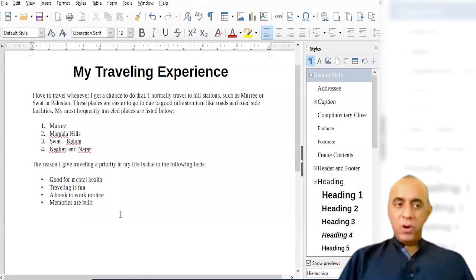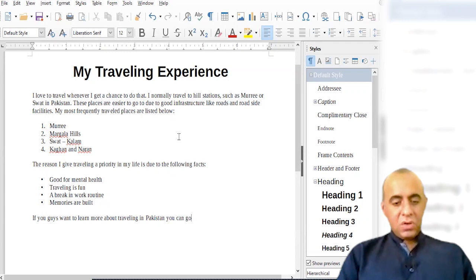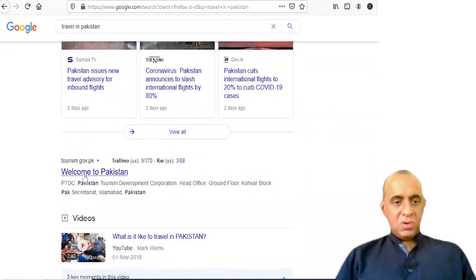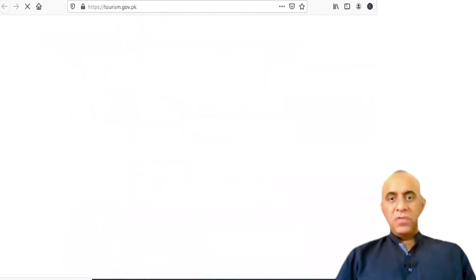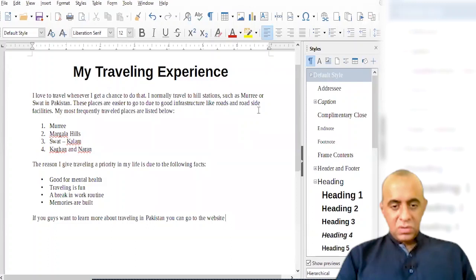And now I can type normal text in the default style. If you guys want to learn more about traveling in Pakistan, you can go to the website. So let's do maybe tourism.gov.pk, right? So what we are going to do is type, go to the official website of Pakistan government,